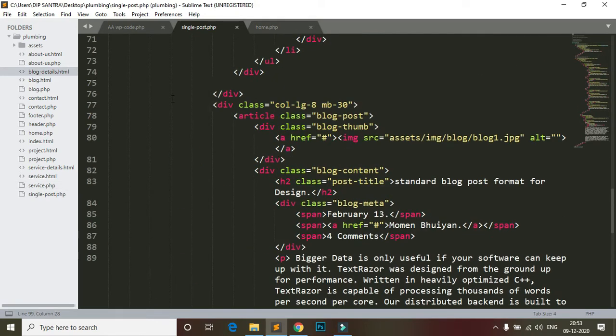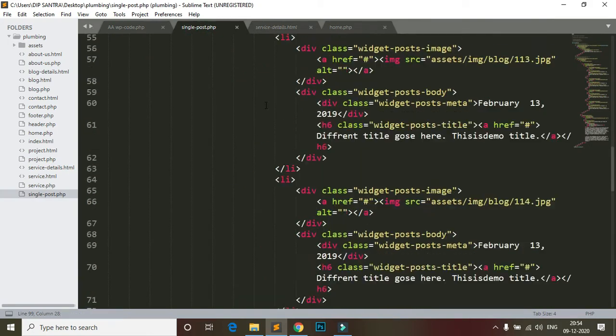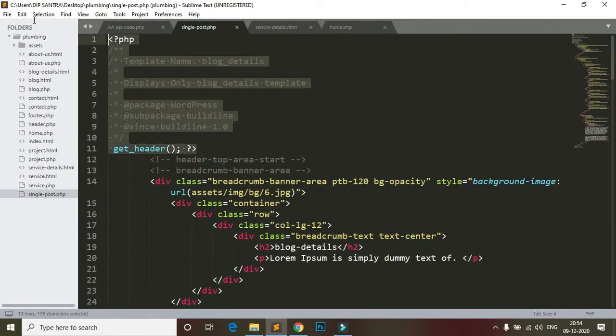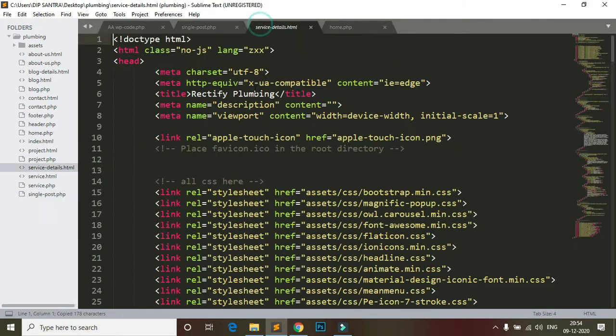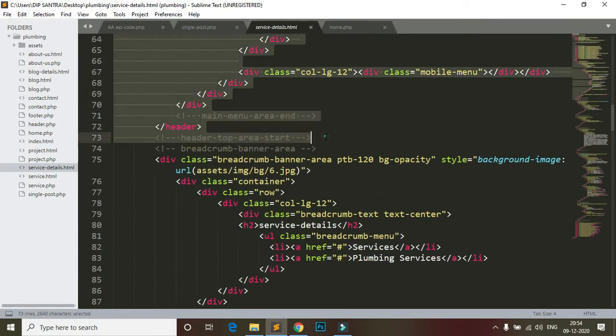When I use any detail page, its name would be single, like single-detail. And this is the service page, so I use the same way. This is a single service page.